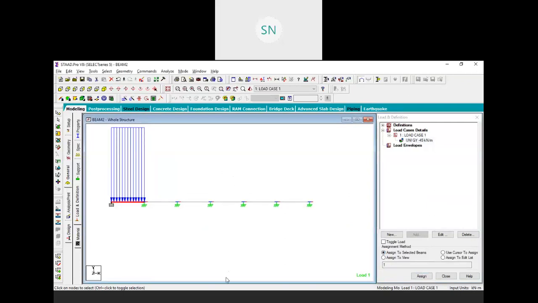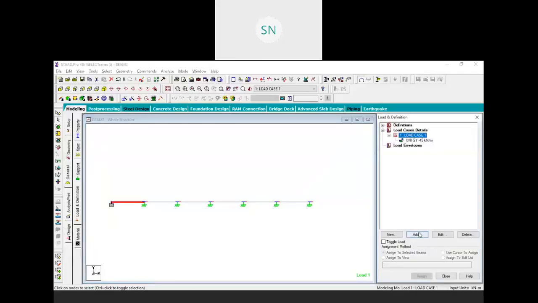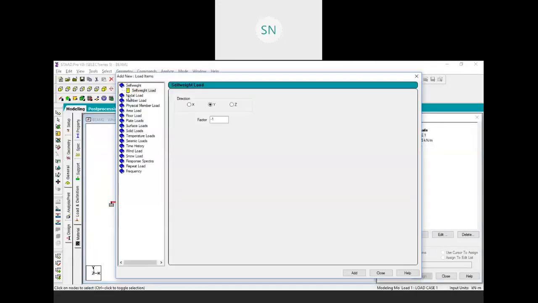Okay, now next we have a point load or a nodal load of 30 kilonewton on the second and fourth node. So again click on load case, click on add. This time we will choose this node load, and in fy minus 30.